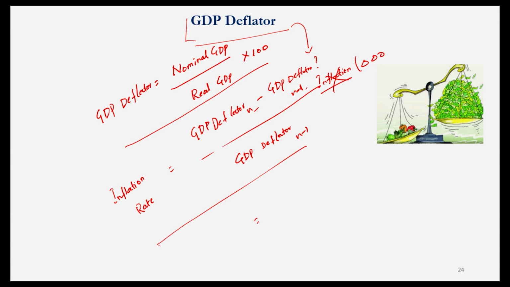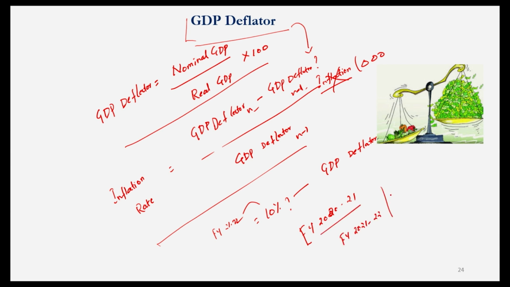Imagine at the end of the day we substitute the values, and finally we find the inflation rate is 10%, computed using the GDP deflator. And what does this number 10% say? Compared to the previous financial year, let's say 2021, this 10% is for the financial year 21-22. It says that the financial year 21-22 experienced an overall increase in prices of the basket of goods and services produced in India by over 10%.